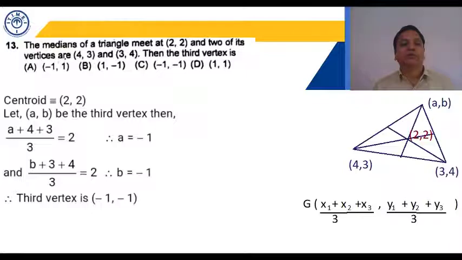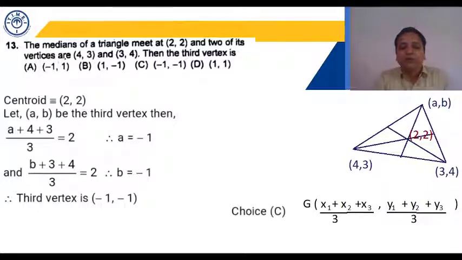Now just see the options. First option says -1 comma 1. Second option says 1 comma -1. Third option says -1, -1. Fourth option says 1 comma 1. So if you made a single mistake and from -1 you obtained +1, you got another choice. That's a trap set. So logically our answer is choice C. So we mark our choice as choice C. I hope this is clear.